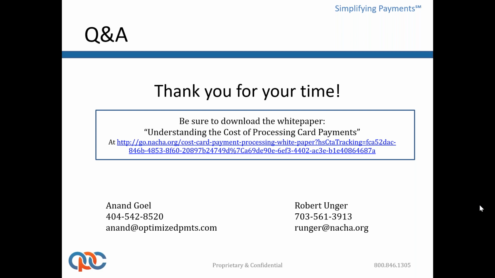It might be a Visa, it might be a MasterCard, where they dynamically generate one-time use card numbers, and they may have some parameters around it. Here's a one-time card number that is valid for this day for this amount,